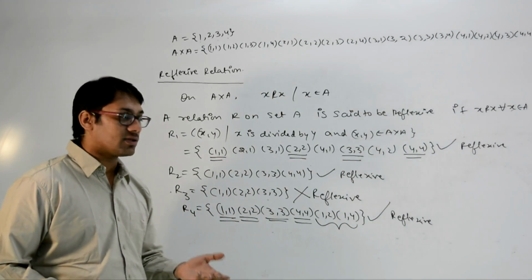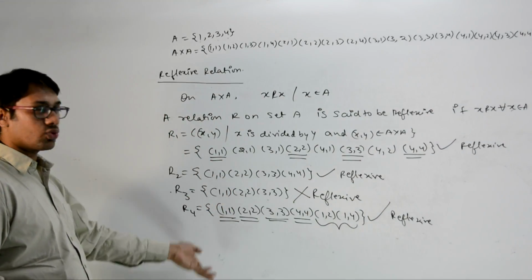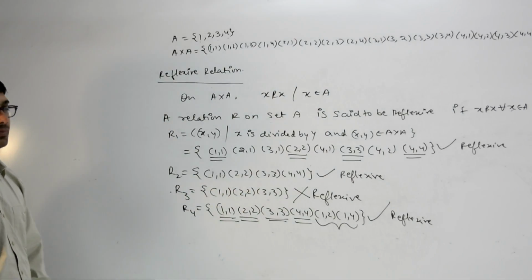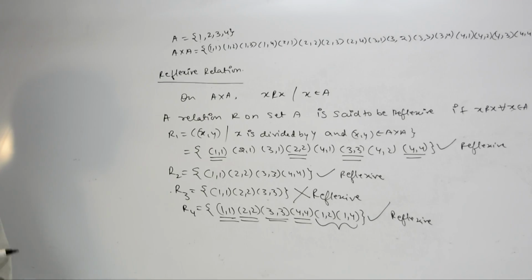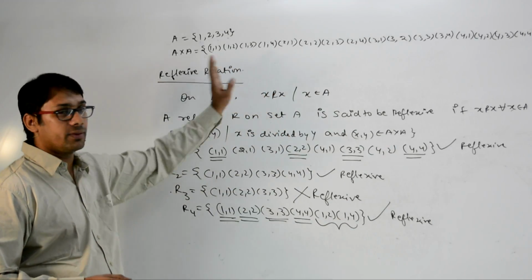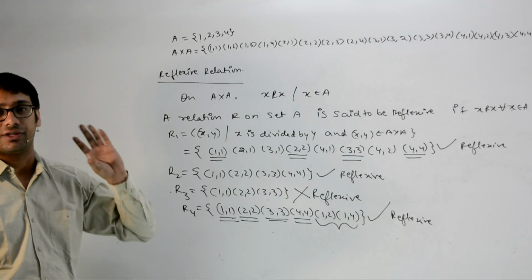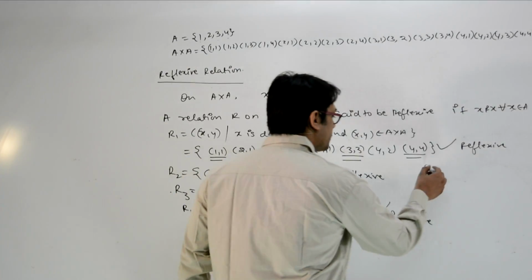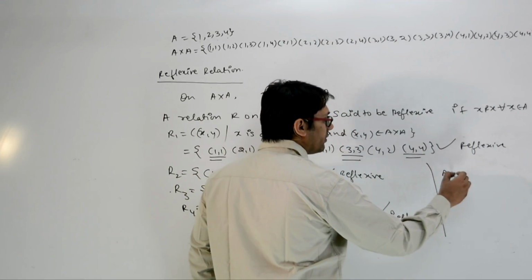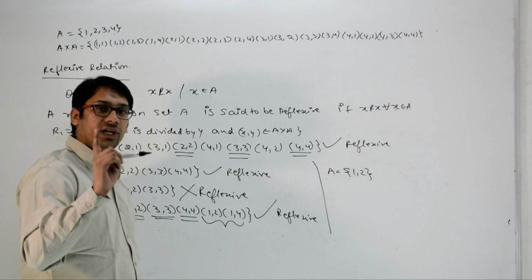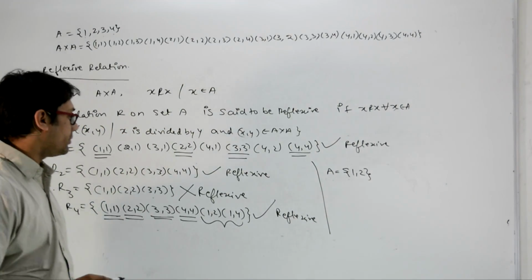So how many relations are there? I can show you how many relations are there, but for general terms, we need to give a very simple example. Let me take a very small example, because this example will become very difficult and very tedious to write on this board. This board will be short for this. So let us assume we have a set A which is containing the elements 1 and 2.